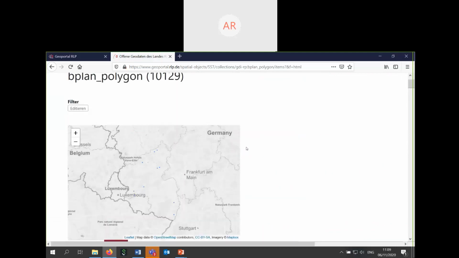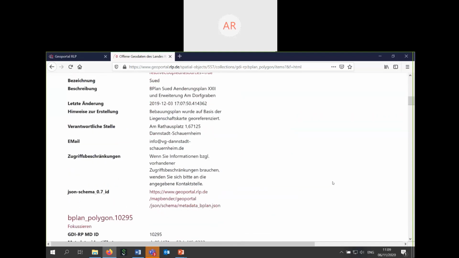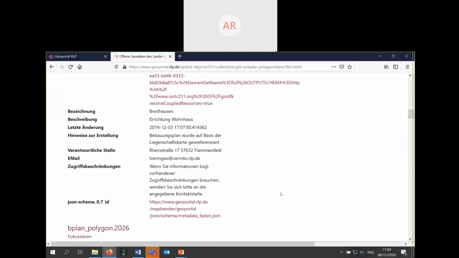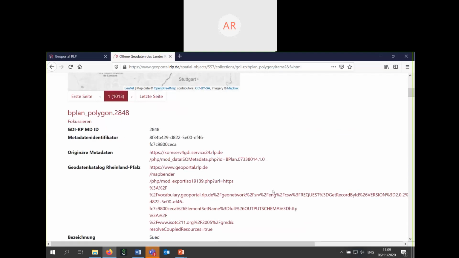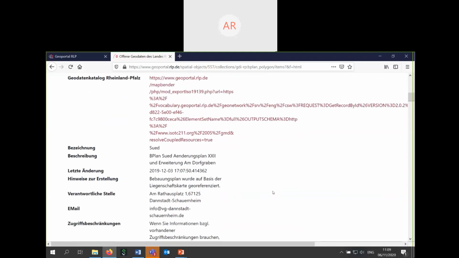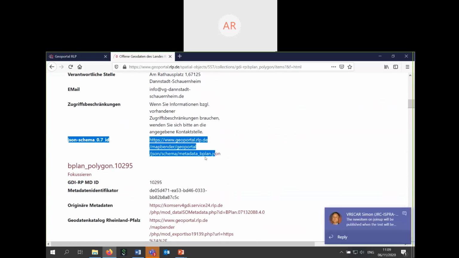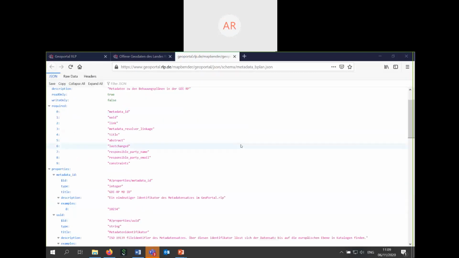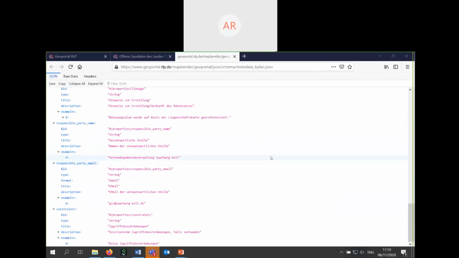And now you see the attributes in the list, in the table below the map viewer. And these attributes are German named, and they came from, if you go a little bit back, you see an attribute which is called JSON schema, a schema, a little bit more, okay. You see it? Okay, and there is the link to the schema JSON file. If you click on the schema, you see the schema which is used by our proxy to build up the HTML interface.